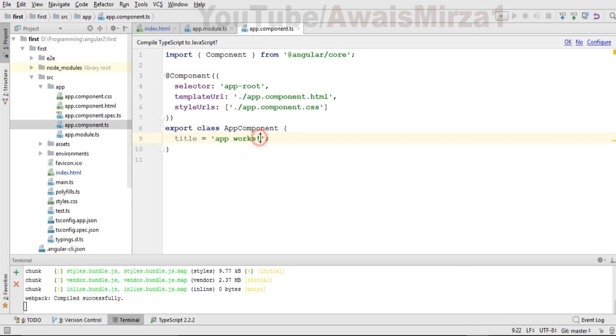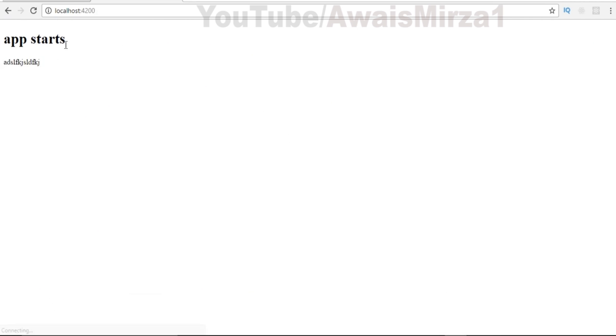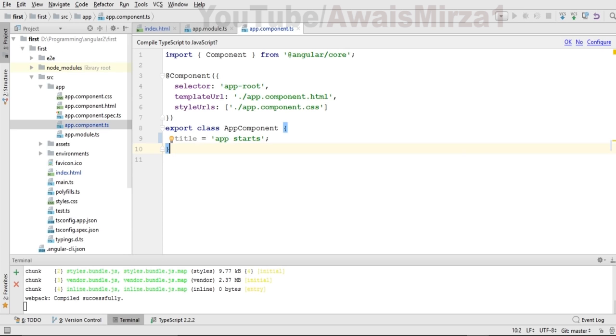And if I want to change it, let's say I want to say app starts, and I save it, and it's going to reload, and you can see that it has changed app works to app starts, because this is the one and only component that was created by default by Angular CLI, and we have set our title app starts. And above that we have